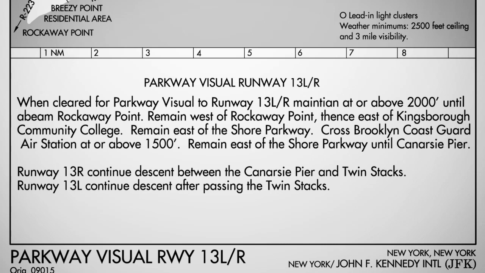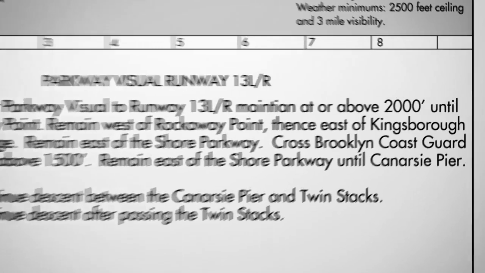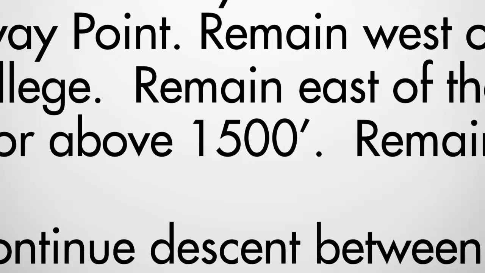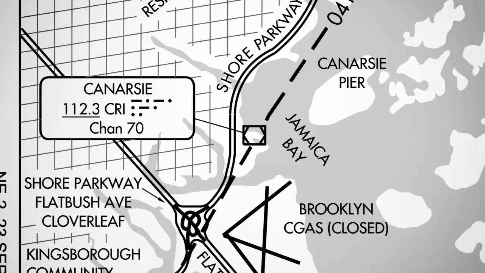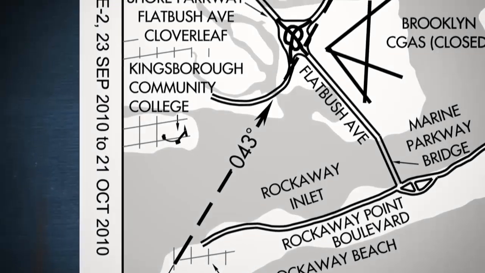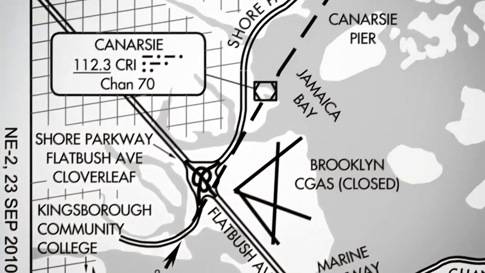That covers the two altitude restrictions on this approach. Both are minimum altitudes: 2,000 feet minimum until Rockaway Point, and minimum 1,500 feet thereon until passing the Coast Guard Air Station. We will actually remain above 1,500 feet until passing overhead the Canarsie VOR, so we will be at 1,500 feet for longer. We'll be tracking the 043 radial inbound to Canarsie VOR, and from there on, we will